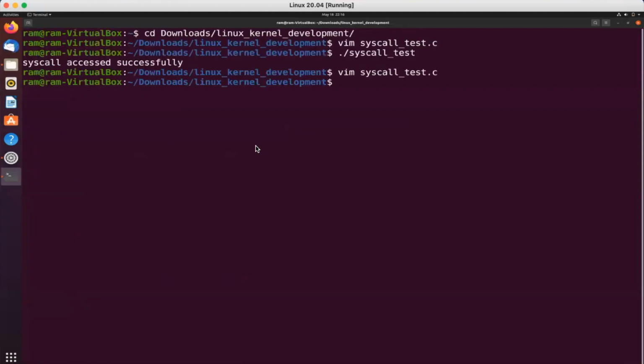And in our system call, we have written a printk statement. That means that statement will be printed in the kernel space. So we can get that message with the help of dmesg. So let me run it. So this is the kernel log. So it is saying that this is my new system call, and this is the same statement that we have written in our system call.